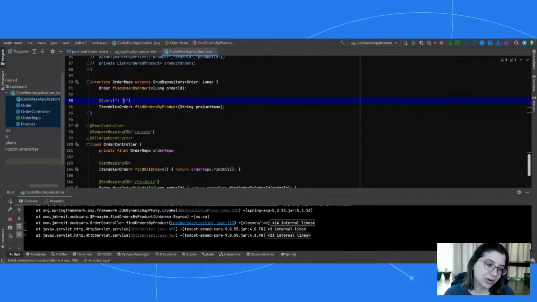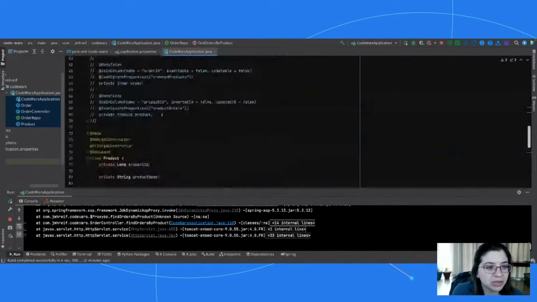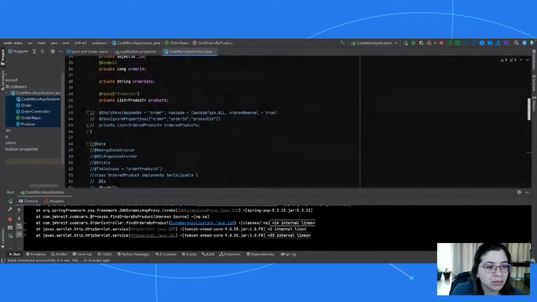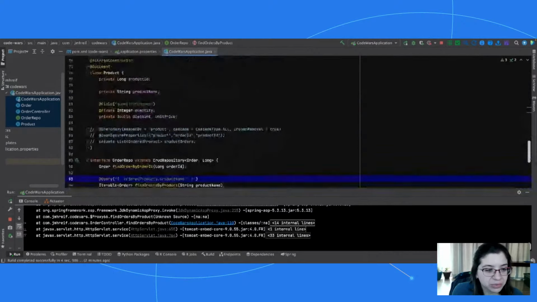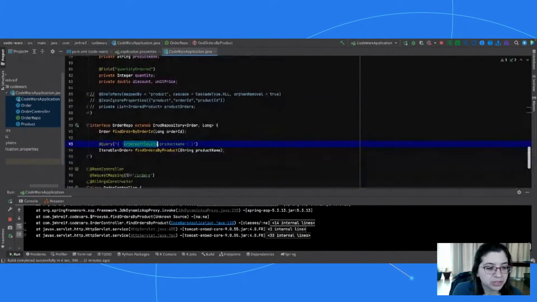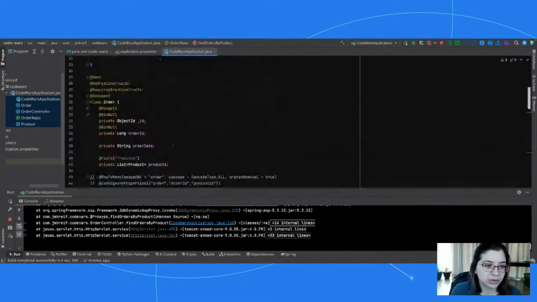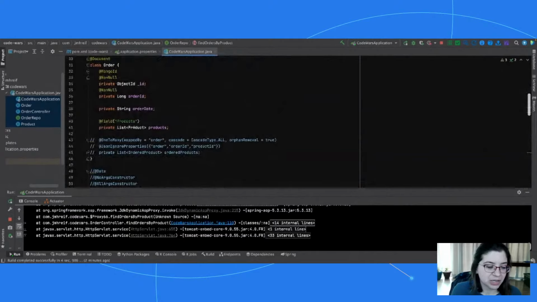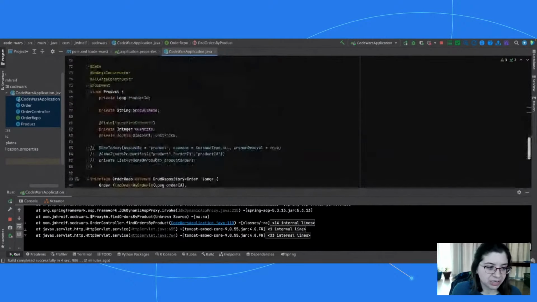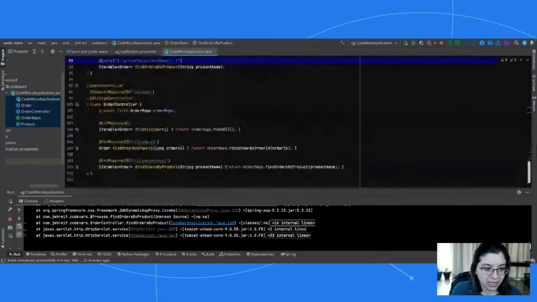So we have our, let's see, ordered products dot product name. Let me make sure that I named that correctly up here. Nope, I just called them products. So let me just switch this here. Products, product name. So on the orders, it's going to grab products, which goes over to the product subdocument here, and it's going to grab product name.